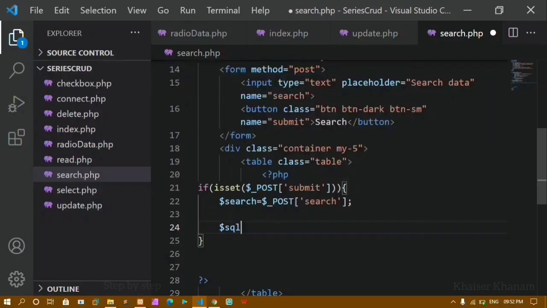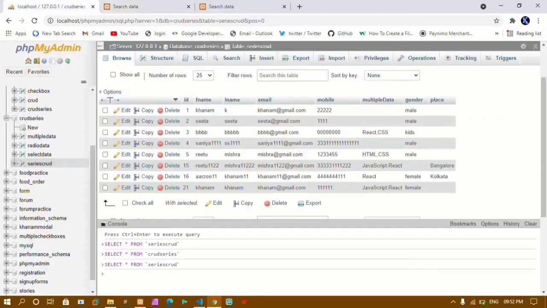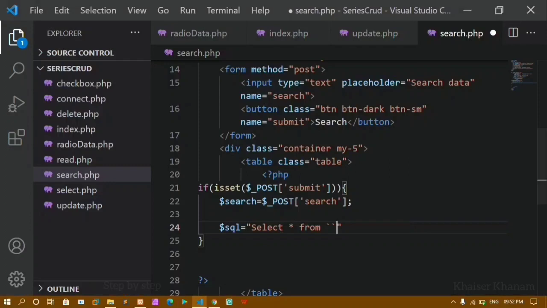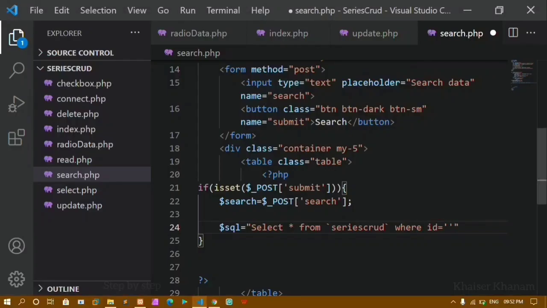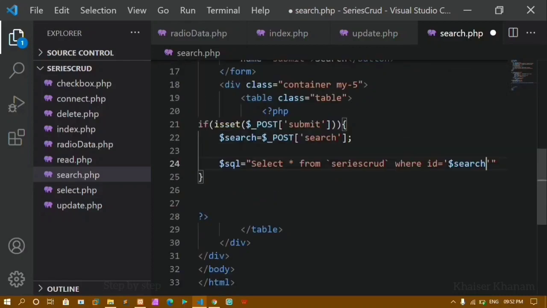Now below this I'm going to write one query. I'll just create one variable SQL. I'll be giving here select star from table name. My table name, I'll just come to my database series CRUD. I'll just write my table name here. I'll be writing series CRUD, and here I'll just give the condition where my table ID, this column ID, this table is having this ID column, I'm just giving that one, it is equal to this one. Okay, whatever I enter and whatever data is stored inside this variable, I'm just giving that one here. Okay, I'm just checking one condition here. Later on I'm just going to increase this condition.